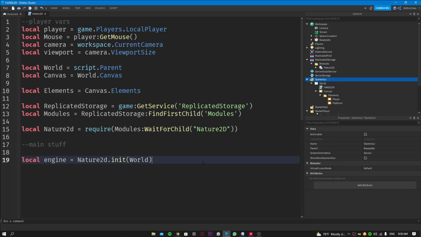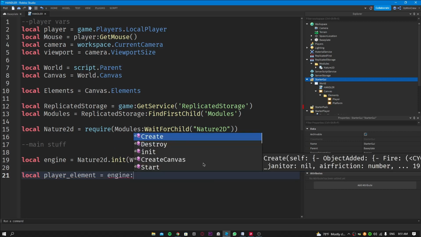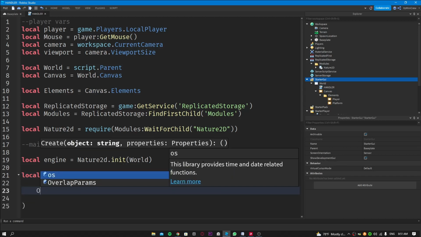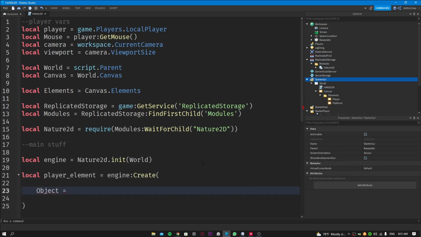And now we need to convert the player and the platform to real elements. So to do that, it's really easy. So I'm just gonna say player, let's keep it simple, player element, and we're gonna say engine colon create. And the first is going to be the object, which is going to be elements.player, and then it can be